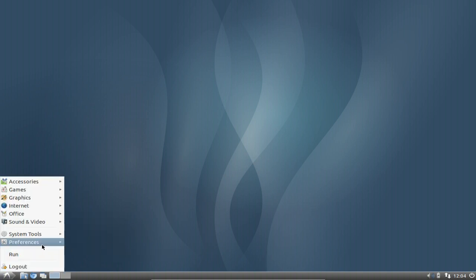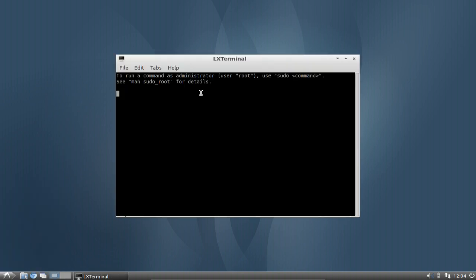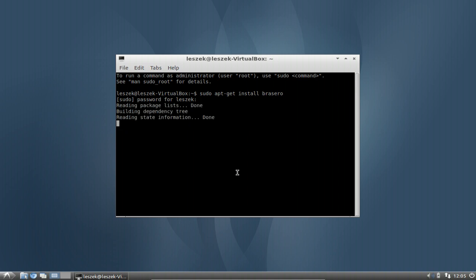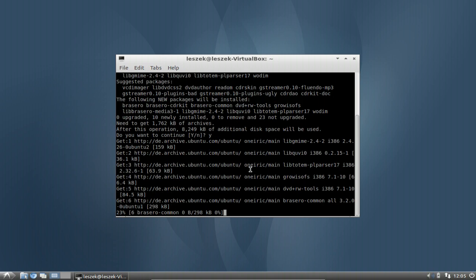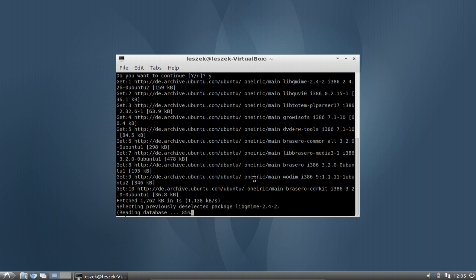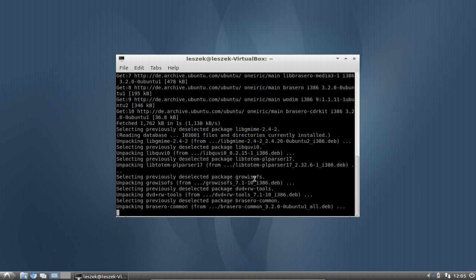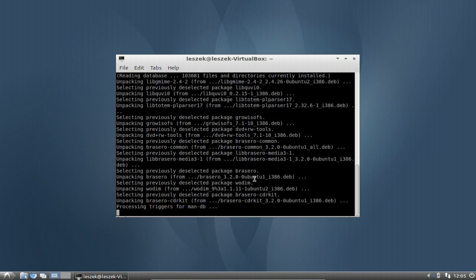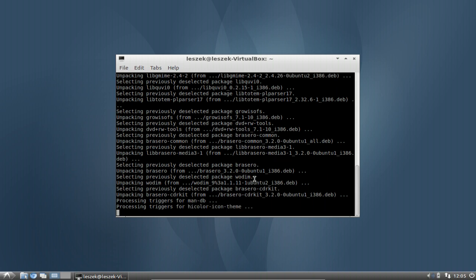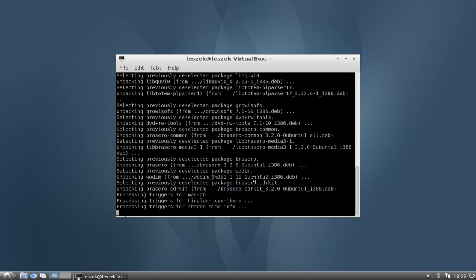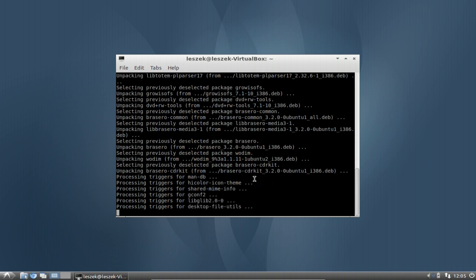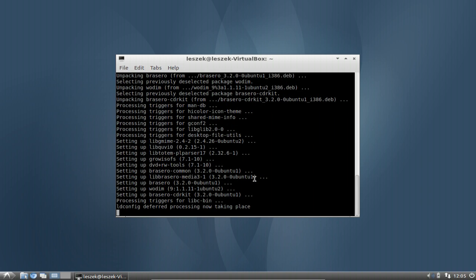So let me just install it from the terminal so that you can see what it will do. If you install, for example, Brasero, after the installation is done, it will just clean up all the language files that don't belong there, and you will get a dialog which tells you that it deleted those language files and gained a few megabytes of hard drive space back. So let it run the settings here,